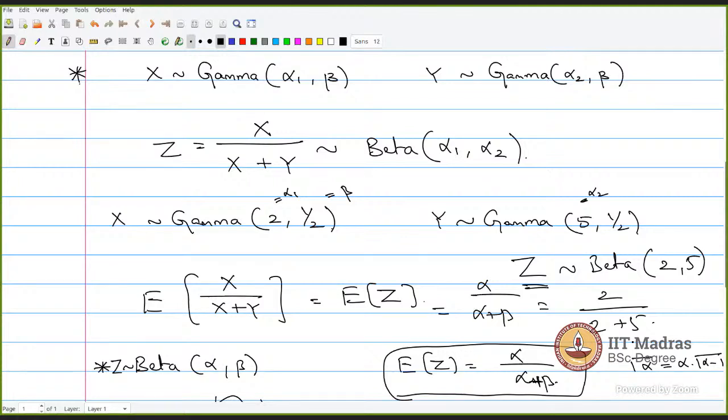But in the lecture also, expectation of X is not given. The mean has been given, the variance has been given, everything else has been given, but the expectation of the distribution is not given to be alpha upon alpha plus beta. The mean has been given as alpha upon alpha plus beta. So am I missing something over here?